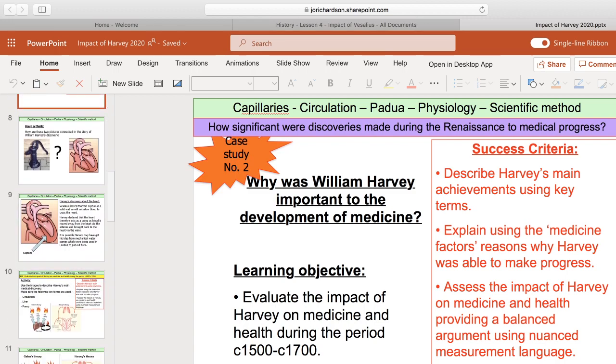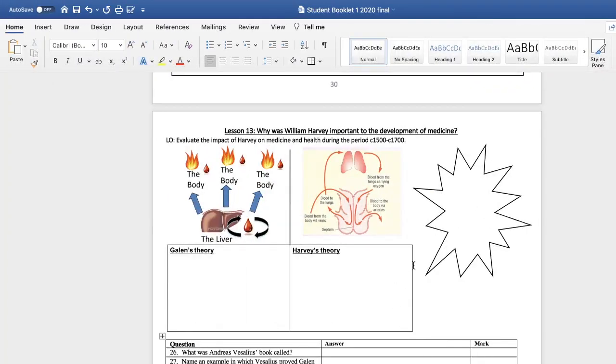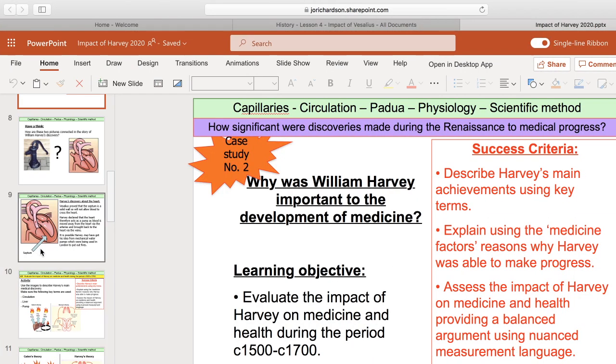Now, when you think about Harvey, you need to be thinking about the heart, essentially, and the way to remember that is Harvey, heart. So H for Harvey, H for heart, which you can write in there. So when you think about Harvey, you think about the heart. Now, if we just go back to our PowerPoint, just because there's some better visuals there,